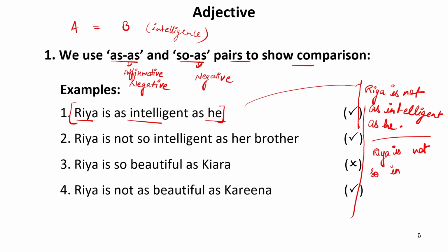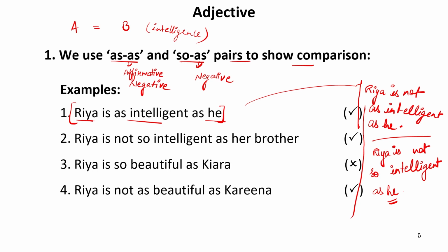Not so intelligent as he. Now, whenever we have subjects, we write it in nominative case only. So in this manner, this he is he, not him, because both of these are subjects. They both are behaving like a subject. They both are intelligent or compared. So here Ria is not so intelligent as he.